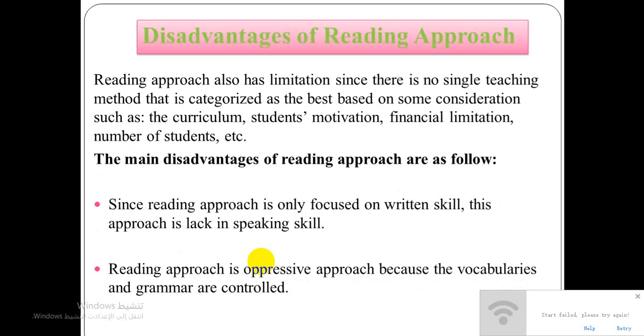Disadvantages of the reading approach. The reading approach also has limitations since there is no single teaching method that is categorized as the best, based on considerations such as the curriculum, students' motivation, financial limitation, number of students, etc. The main disadvantages are as follows. Since the reading approach is only focused on written skill, it lacks speaking skill. It is also an oppressive approach because the vocabularies and the grammar are controlled just to